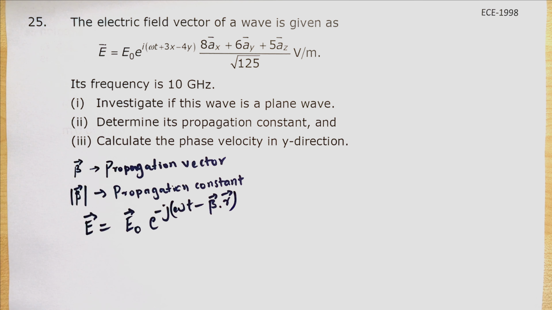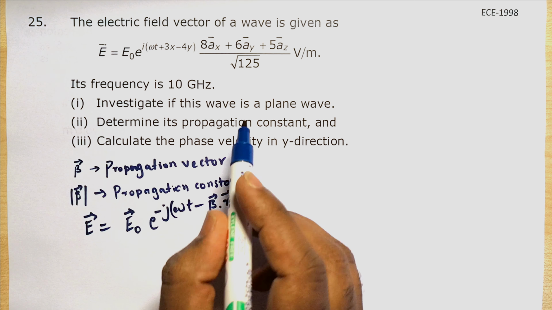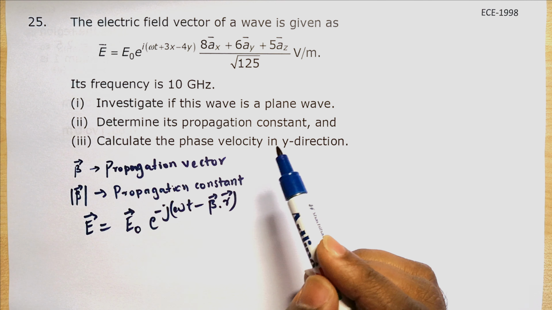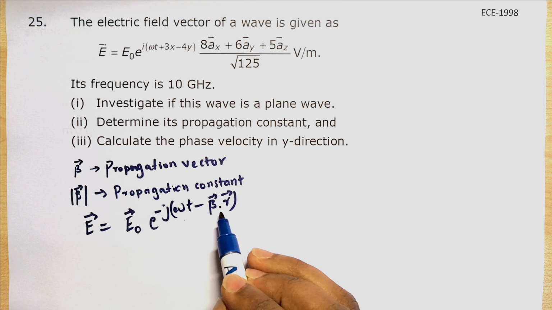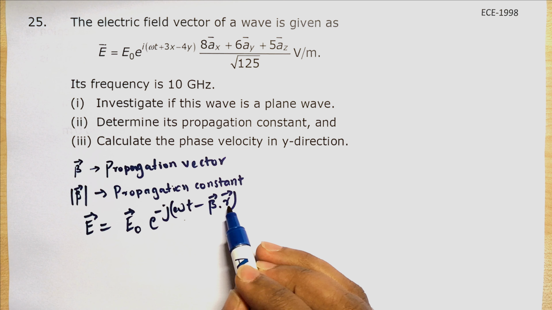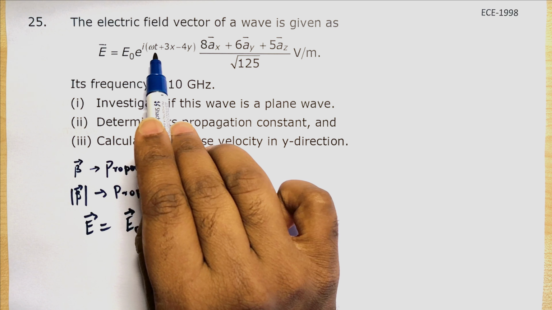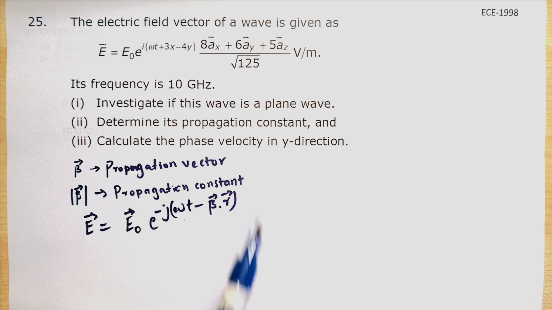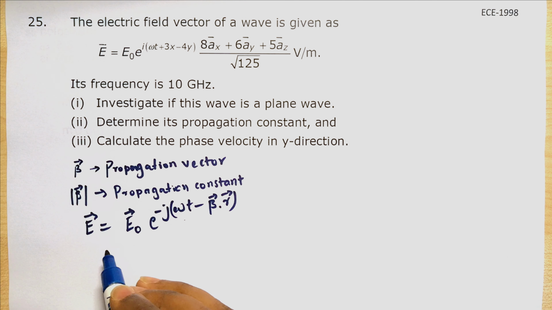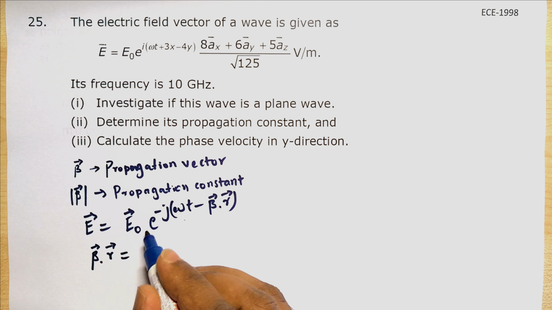So we know from the given expression, omega t minus beta dot r is given by this expression here. That means beta dot r is given as